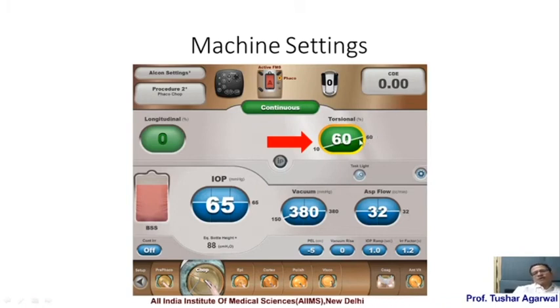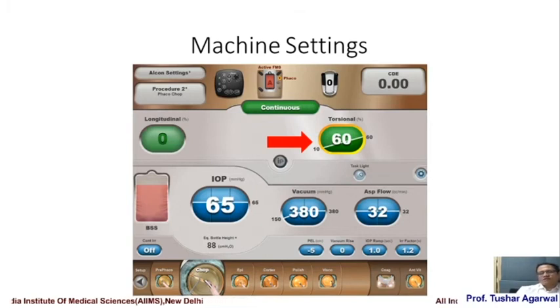Now, how do you use it? You keep your own baseline, say 0 to 50 or 0 to 60 or 10 to 60. And then if you find that the needle is going through and through very fast through the nucleus, it means that you have kept the setting very high, the nucleus is soft. So you can decrease the upper limit from 60 to say 40%. If you find that even if you go through and through position 3 of the foot switch and still you are not able to go through the nucleus, it means that the nucleus is harder than you thought and 60% is not enough. Then you can increase it to 80 or 90%.